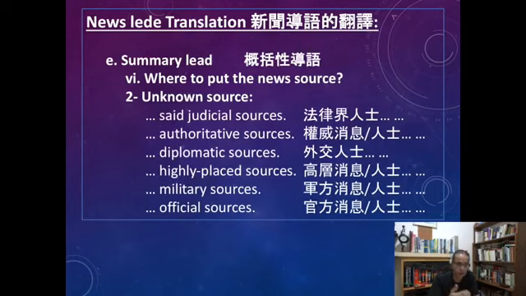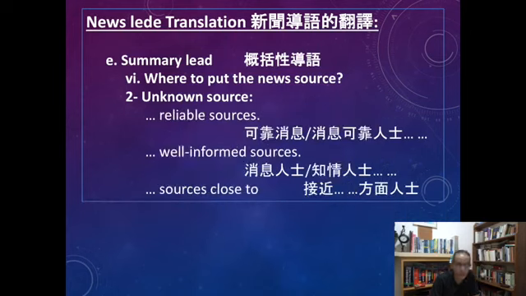Authoritative sources, said authoritative sources, 权威消息, 权威人士. Diplomatic sources, these are all unknown sources, 外交人士. Highly placed sources, 高层消息, 高层人士. Military sources, official sources, 军方消息, 军方人士, 官方消息, 官方人士, and so on. Or you can say reliable sources when you don't want to mention.